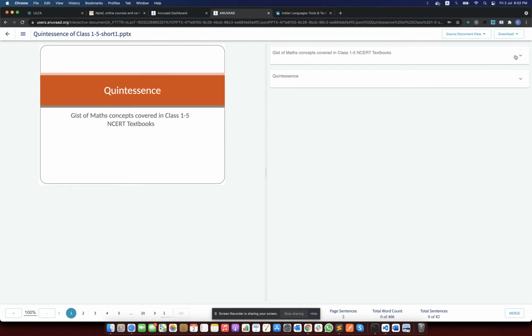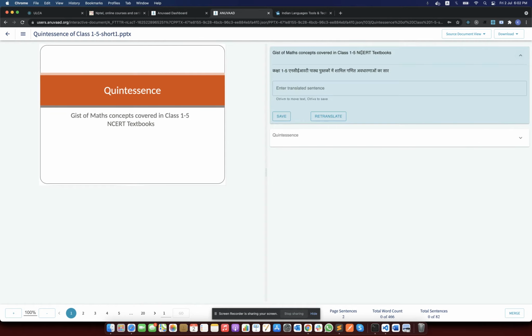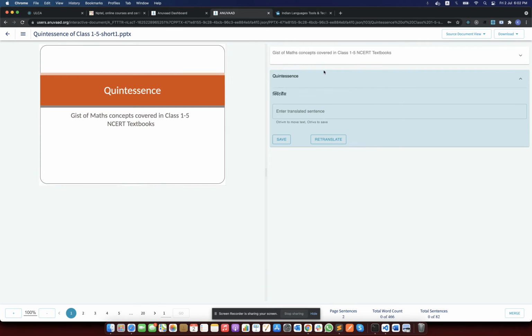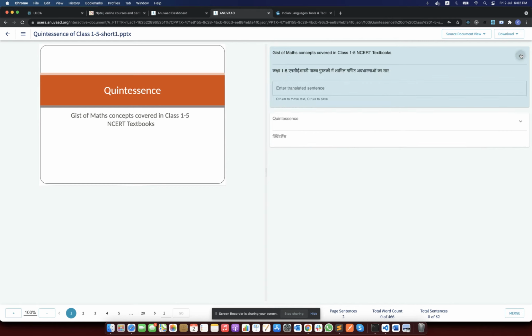As you can see, the system has reported there are two sentences, and the system has tried to give you the automatic translation. Every sentence will have an automatic translation done by the system and given to you. As a translator, if I don't like the sentence, I can always change it as per my wish.